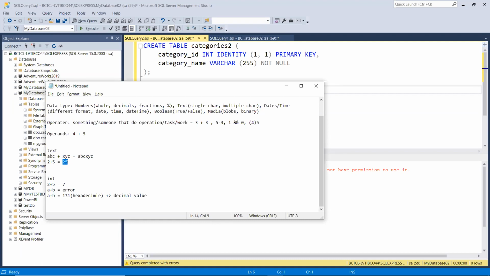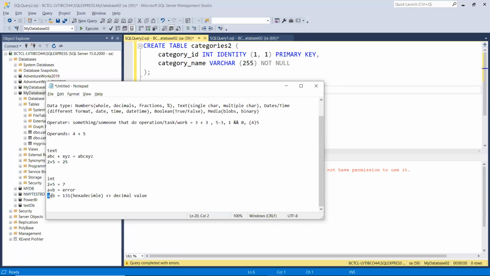Similarly, going further, in most applications it will throw an error, but in some applications, when you do A plus B, given that you have stored them as integer or hexadecimal values, it will convert that value into a specific format. It need not be hexadecimal, we are just taking this as an example, and it will convert it to a particular decimal value or any different data type that you want.